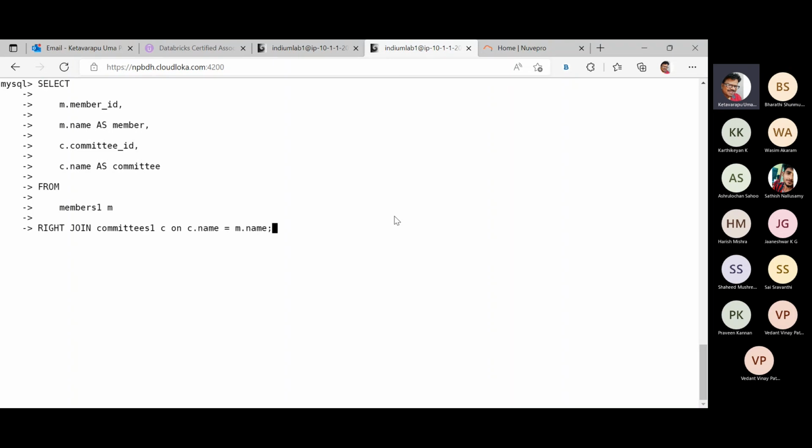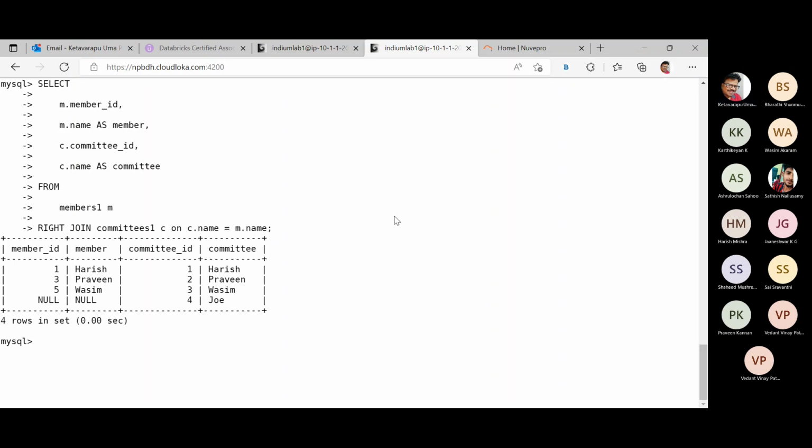Right join committees c on c.name equals m.name. M and c are nothing but the alias names for members and committees respectively. So just observe, here in the committee we actually have Joe, and here is a simple notation, because in the case of the right join, if I am pulling that particular